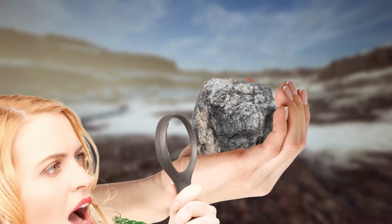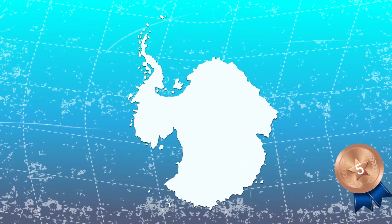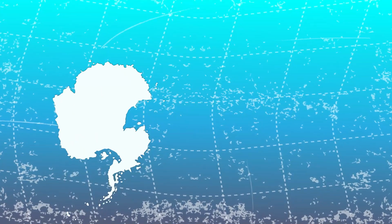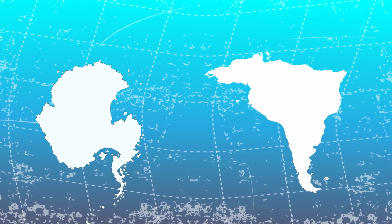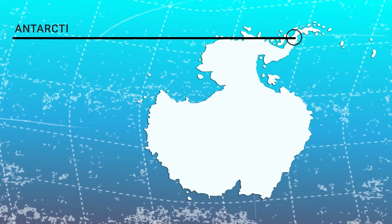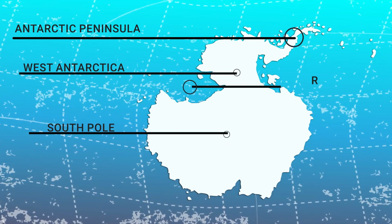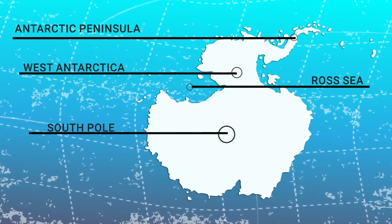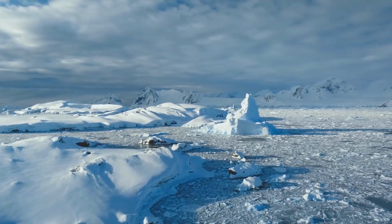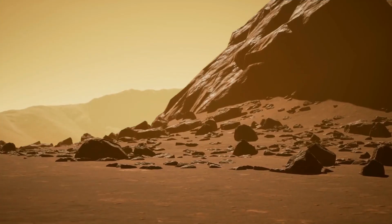and climate. Antarctica is the 5th largest continent in the world, approximately bigger than the entirety of Europe or Australia, competing with the entire South America in size. Aside from East Antarctica, we discussed there are several more regions: Antarctica Peninsula, South Pole, West Antarctica, and the Ross Sea. The continent is basically a frozen sandbox, and all its hidden, mysterious landscape is actually less explored than Mars's